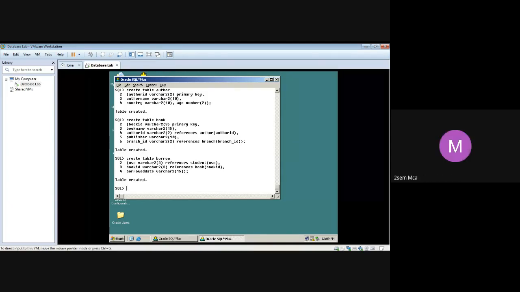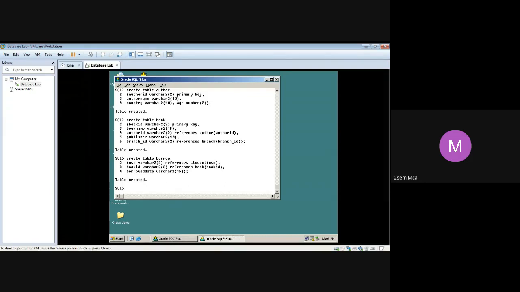Excuse me, ma'am. Yeah, Rupa. Ma'am, for the word references, we use it to create a foreign key, am I right? Why do you use the keyword references? Whenever you want to create a foreign key: in borrow we have USN. USN is a primary key in the student table, but we are using it here in the borrow table.